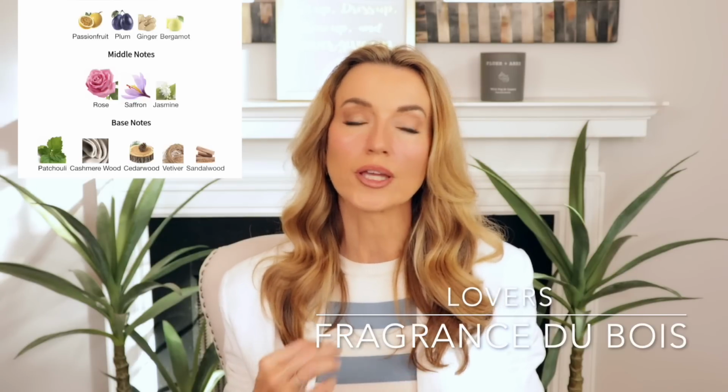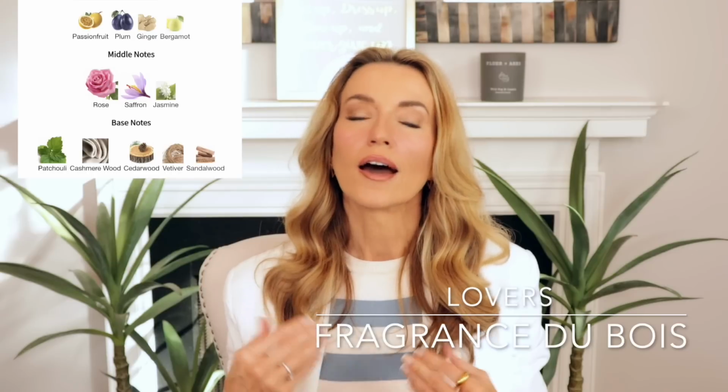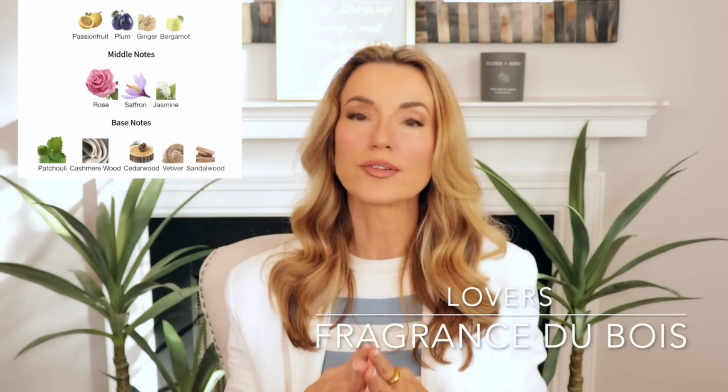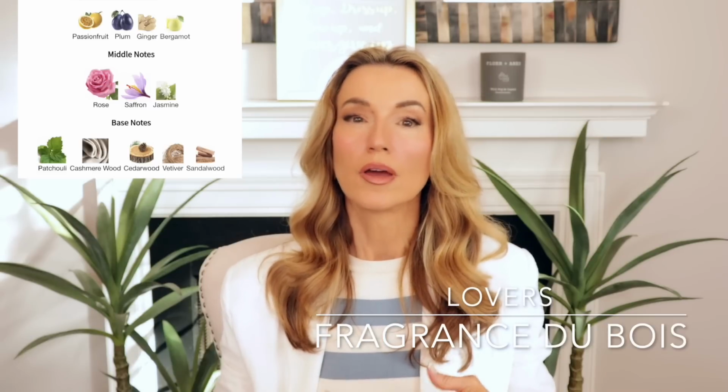It's very saffron forward. You know, it smells leathery, and that's usually what saffron can do, that's probably the saffron. I do smell some woods in there, and I definitely get patchouli. So it is a well-made perfume. It's just not something I'm reaching for right now, and not something I know I will be wearing. So Lovers will not be joining my collection in the near future, even though it is a well done perfume